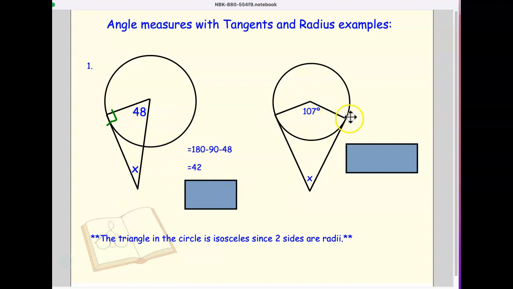Notice I have two radii drawn out, so that would make both of them 90 degrees. Okay. But since this is a four-sided figure, we would not use